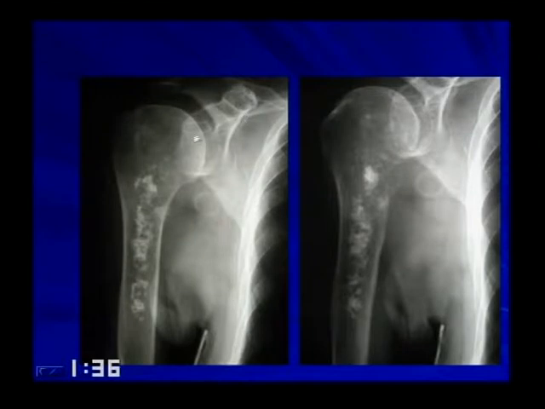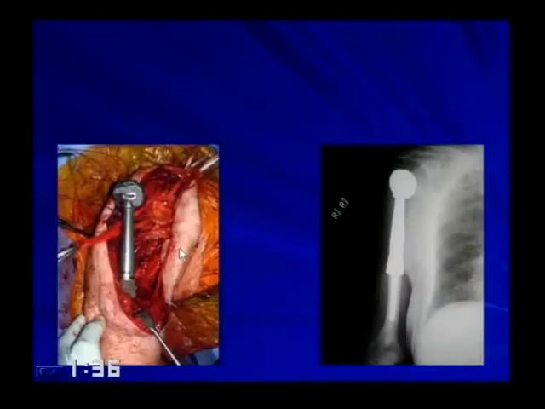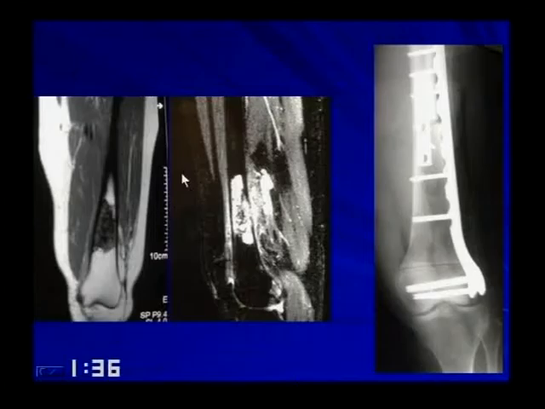But if you look at this patient over time, this had nice cortex, and then she started to destroy her cortex. So this was a chondrosarcoma. And the MR shows the soft tissue mass. And so the treatment for these is purely surgical. Chemo doesn't work for chondrosarcomas, and radiation doesn't work well either. Here's a patient, again, with punctate calcifications here, and she got an allograft.